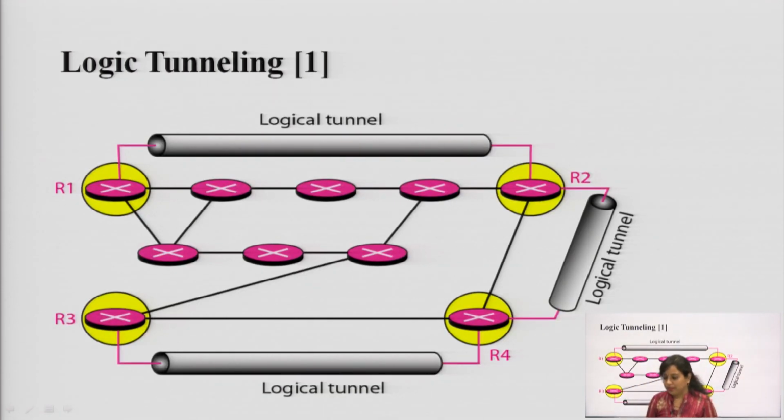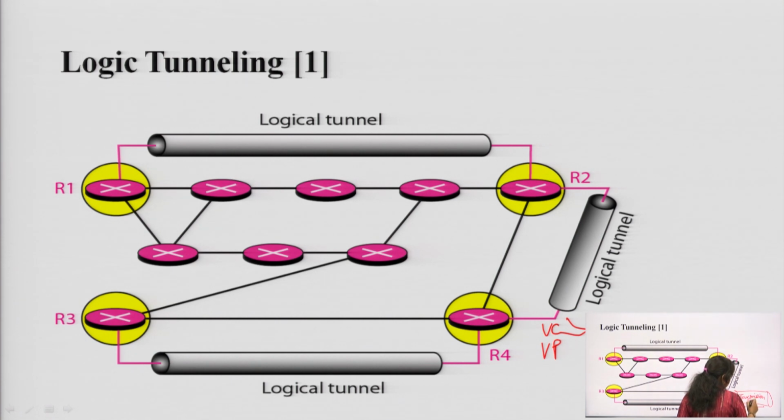Now, next one is logic tunneling. Now, what is logic tunneling? You have seen this diagram earlier in my lecture on ATM. In case of asynchronous transfer mode, tunneling is used. Basically, whenever different devices are connected to a network, let us say this will act as a logic tunnel, and here there are virtual paths, that is VC, virtual channel, and virtual paths are connected. So, more than one virtual channel is connected to a single virtual path, and more than one virtual path is going to connect to this logical channel, or you can say that this will be the transmission path,